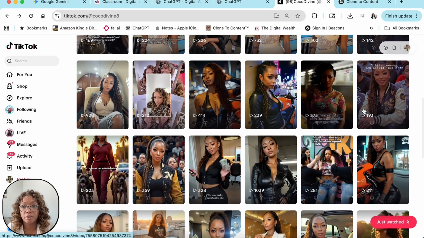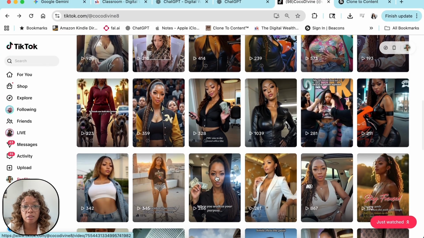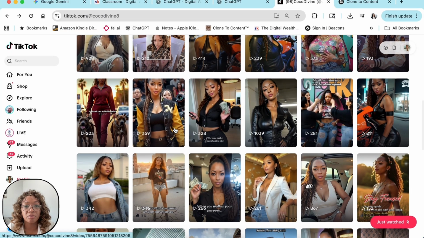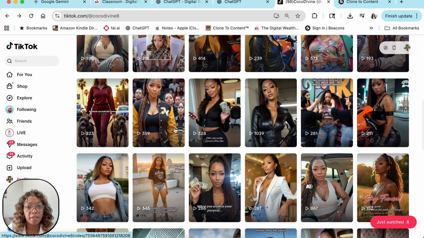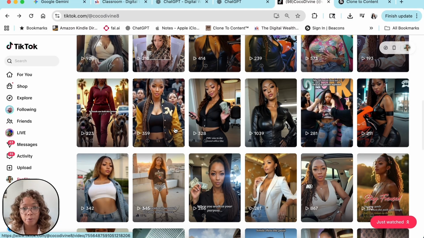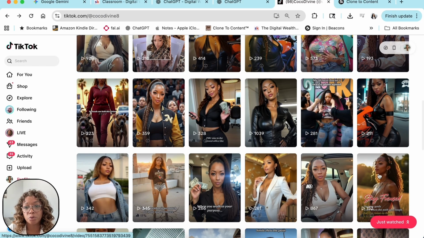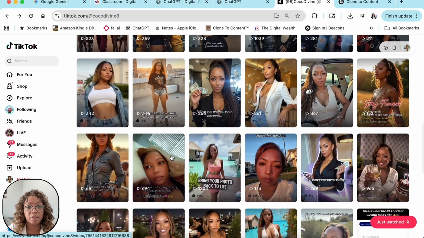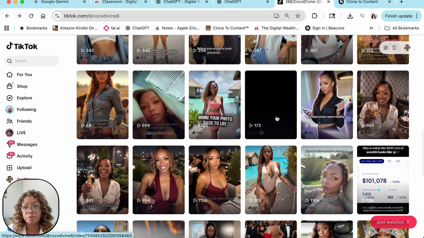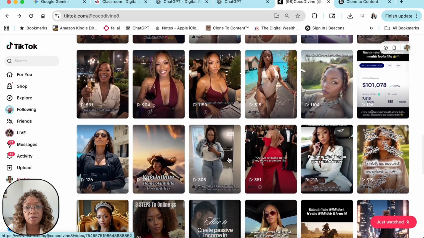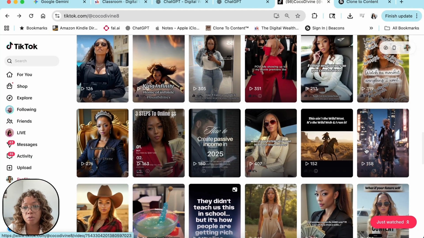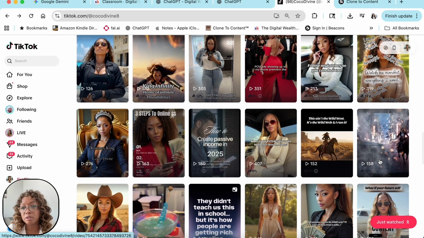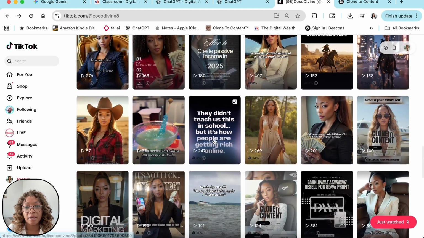So you can see here, these are all the things that I've been posting recently. I would try to play the sound of some of them, but I notice sometimes when I do that, the sound doesn't come through, so I'm not gonna play it. I'm just showing you guys the visuals of what I've been doing, okay? So these are all the videos that I've been uploading. See, that's really me. That's really me. That's really me. You know what I'm saying? And all the rest of these are just advertisements, trending videos. I made a couple of short movies in Gemini and I post that. I've done some carousels and things like that.